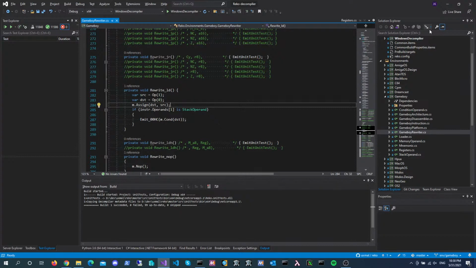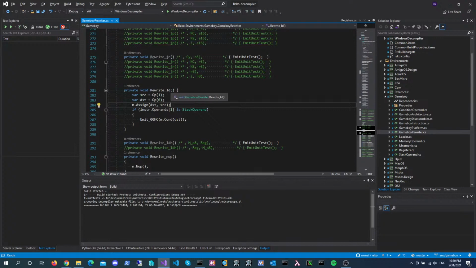Today we're going to finish off the work on the rewriter that we started last time, and finish up with a few bug fixes along the way. The focus now will be to try to get as much of the subject program scanned as possible using our rewriter, and the way we'll accomplish that is by iterating on missing instructions and implementing rewriters for them as we encounter them. Recall that last time we implemented load, which is a very simple